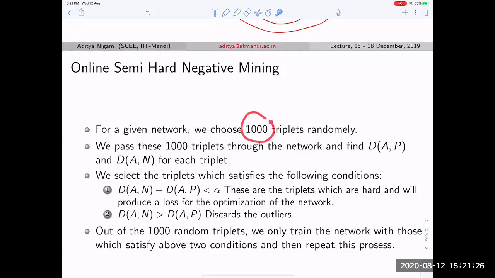I am using 1,000 triplets, but out of that, only 20 or 30 or 50 triplets didn't follow my alpha margin. I computed the loss only for them, accumulated, and back propagated my network. I discard the loss for the remaining ones because they are very simple, and I do not want to give simple examples to my network. This is semi-hard negative mining. Let us take any questions. Otherwise we are done. Please ask any question.